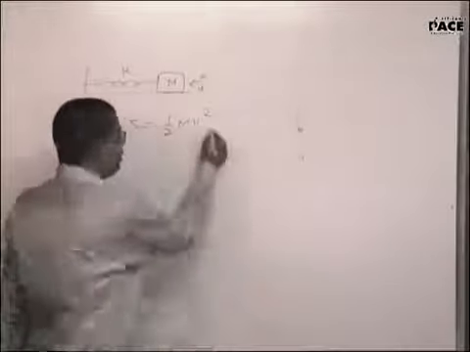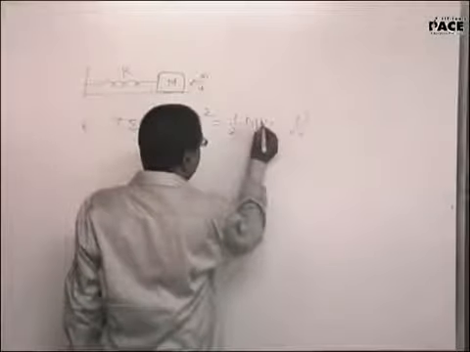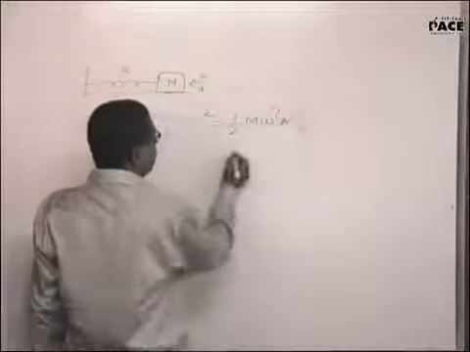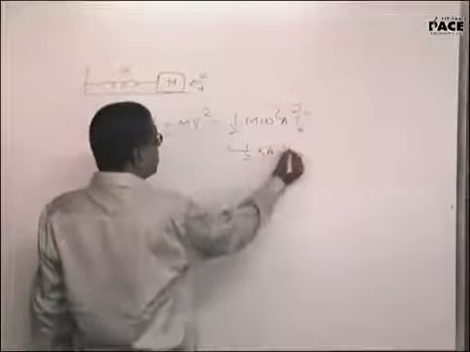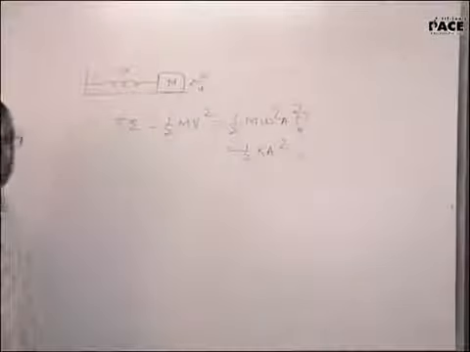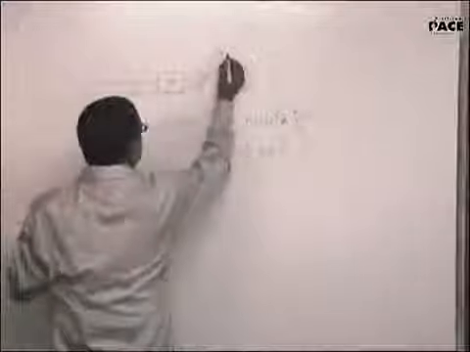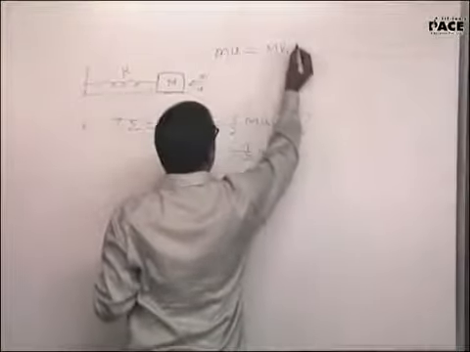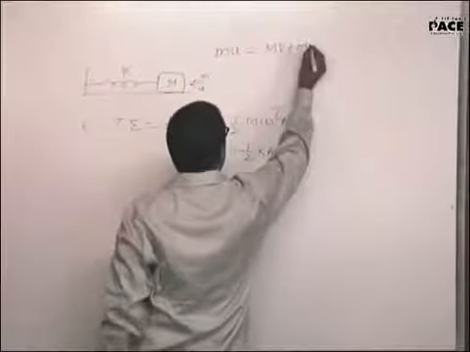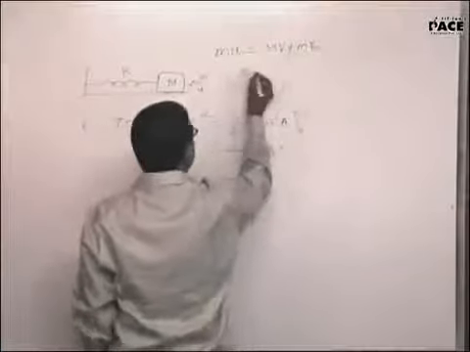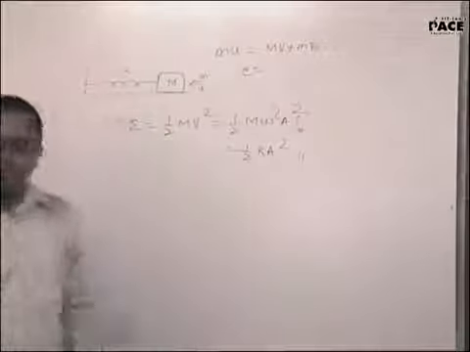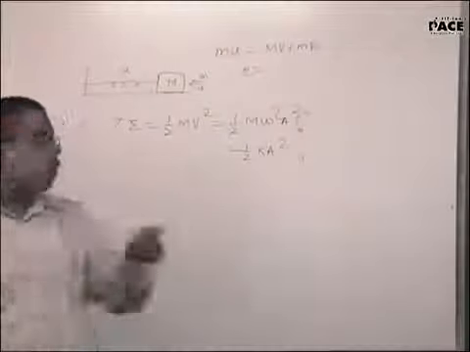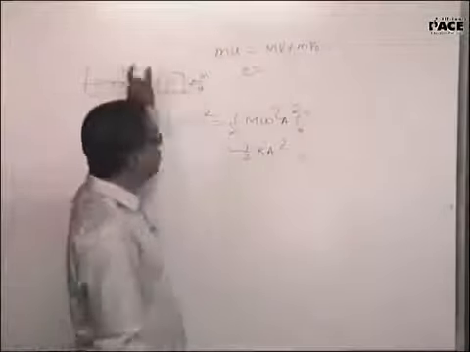Equate it to half m omega square a square, or rather half k a square, because m omega square is k. You conserve momentum between these two. Small mu is equal to capital M V1, capital M V plus small m into V naught, and then it will give you the value of V. He will tell you what kind of collision it is. If he tells you that the bullet got embedded into it, then both of them are moving with the same velocity. One equation is surplus for you to get the value of V.